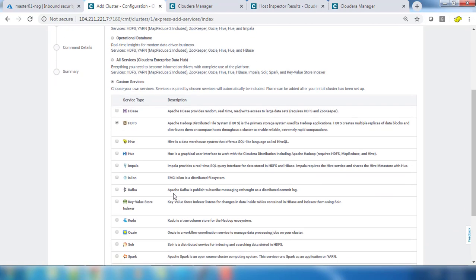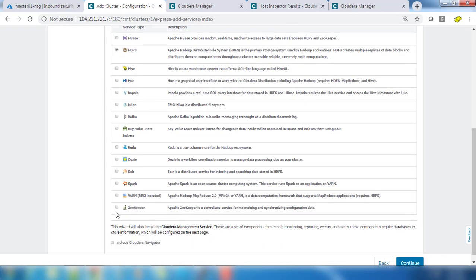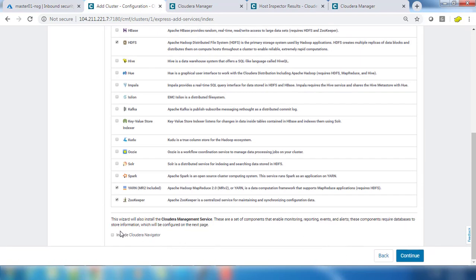So first one I am choosing HDFS, then Zookeeper and Yarn. So very minimal, 3 components only I am choosing, and I'll just go ahead and hit continue to go further.